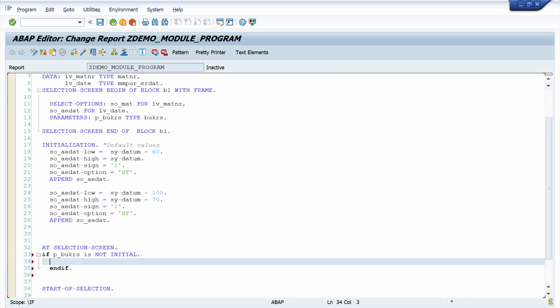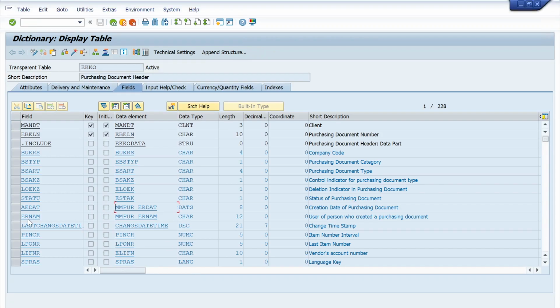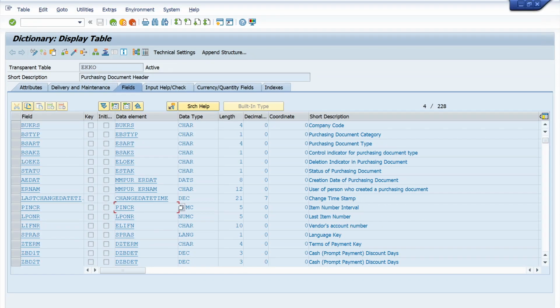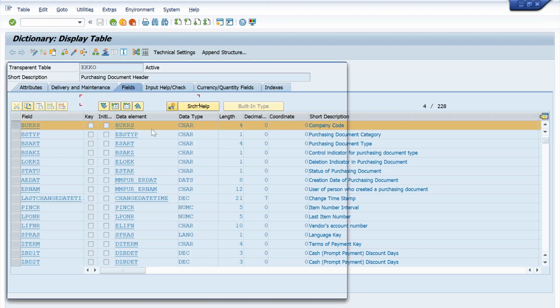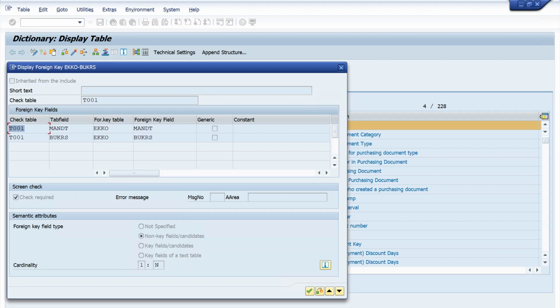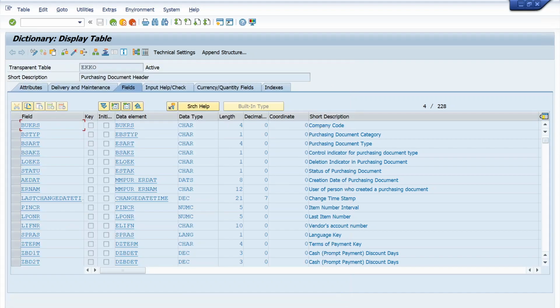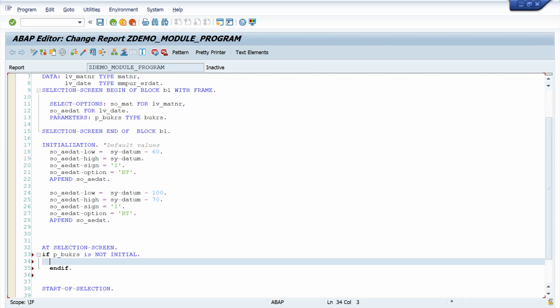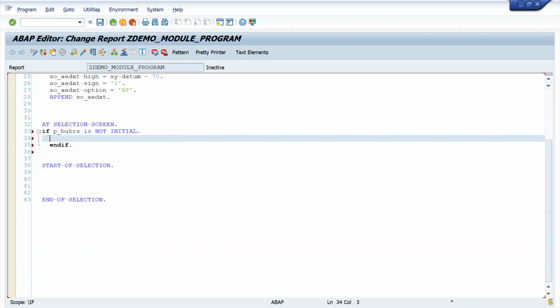We need to validate from the check table, right? So what is the check table for company code? T001 is the check table. We need to verify whether the value entered by the user is available in T001 or not. If it is available in T001, that is a valid entry. Otherwise, invalid entry. Select single from